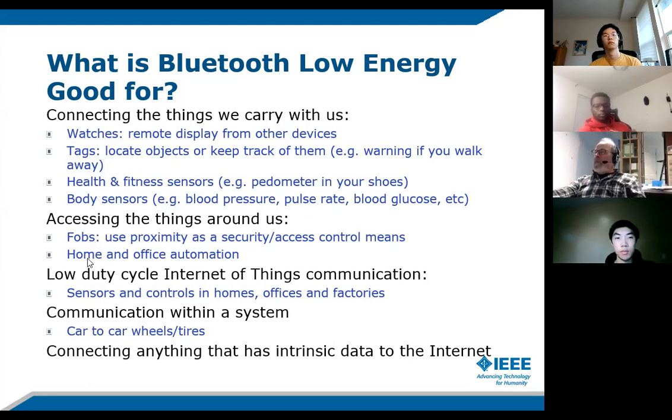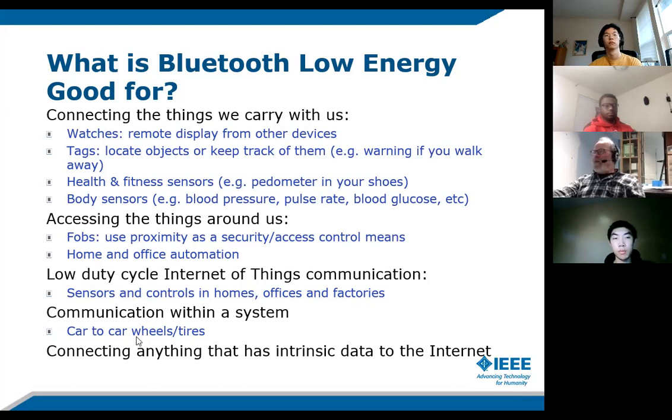Home and office automation for low data rate things. Sensors and controls in homes, offices, and factories. Low energy lends itself to things that run off of either scavenged power or needing to be recharged not very often. So you can install them and not pay attention to them for a while.